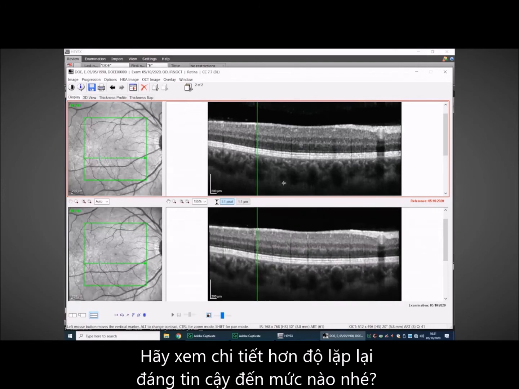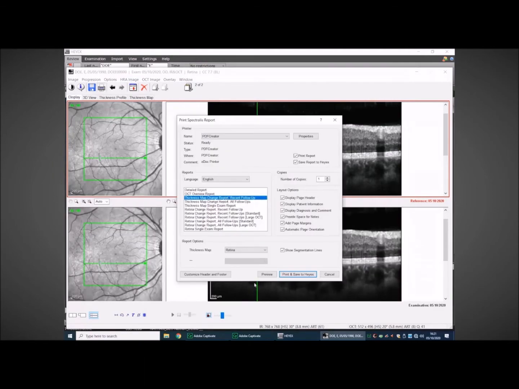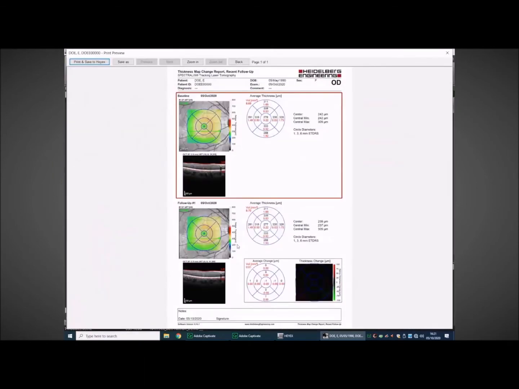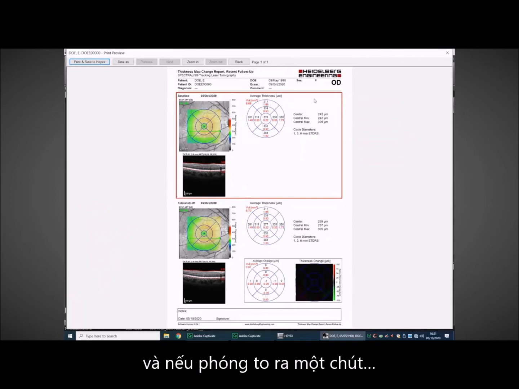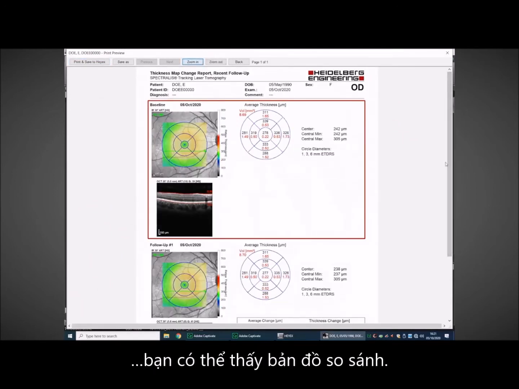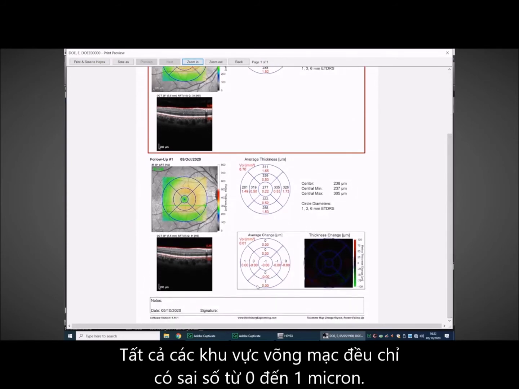And let's see how repeatable that actually is. If I go to print report here, so here we have our baseline exam, here we have our follow-up exam, and if we zoom in, you can see the difference map, and every sector here is within 0 or 1 micron